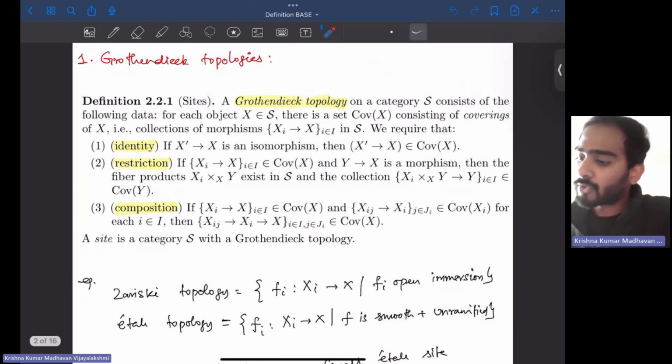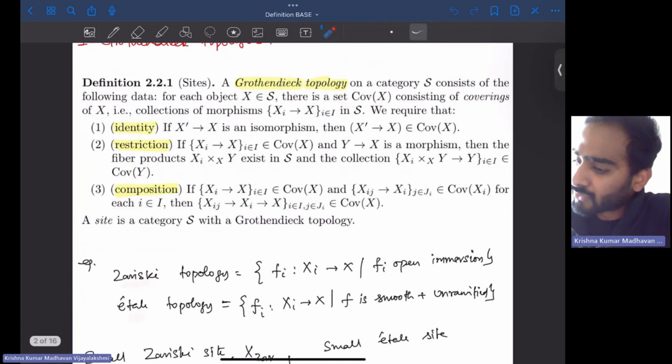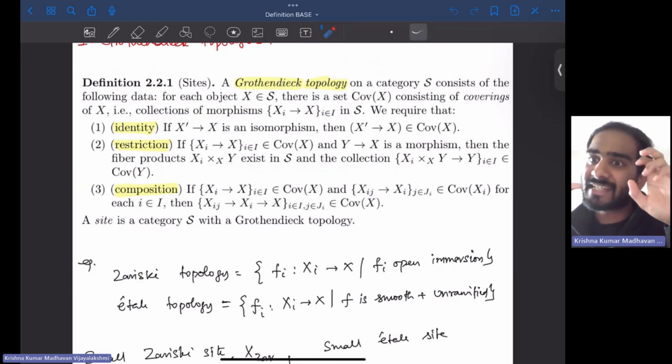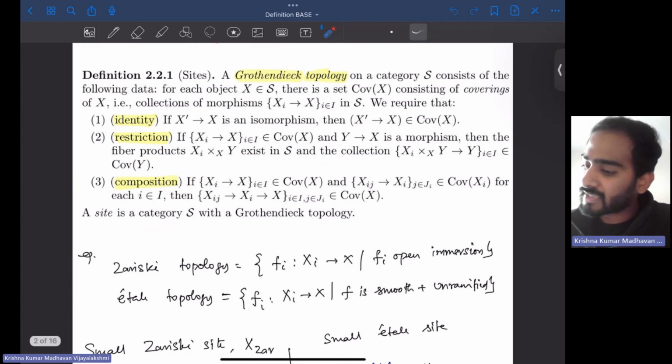So we'll talk about Grothendieck topologies, mainly about Zariski and étale topology. So a site is a pair of a small category usually and a Grothendieck topology. A Grothendieck topology is like a topology, but just as the usual topology has open sets, a Grothendieck topology has open maps declared as open sets. And we will talk about covering a given scheme with respect to these maps, right? So a Grothendieck topology is given by this covering of a given